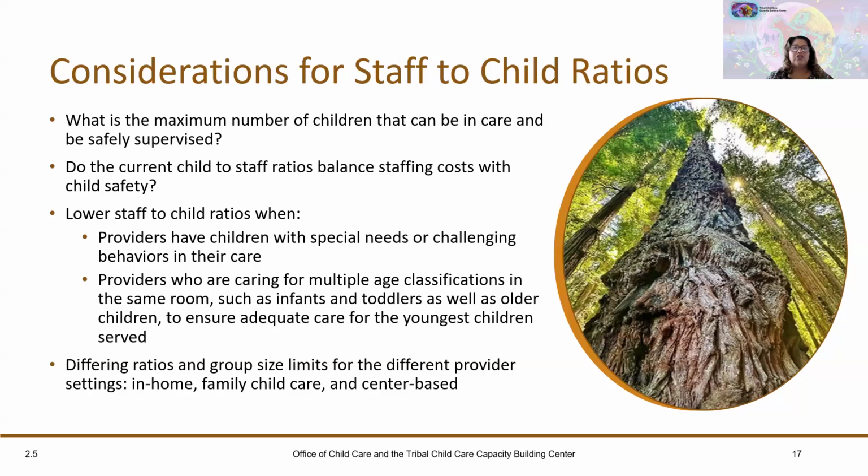Considerations for staff to child ratios include deciding what the maximum number of children that can be in care and be safely supervised, balancing the staffing costs with child safety, and needing lower staff to child ratios when providers have children with special needs or challenging behaviors. For instance, if you have a classroom of 1 staff for 6 children with 6 1-year-olds, but 2 have challenging behaviors, perhaps lower the staff to child ratio to 1 staff for 4 children